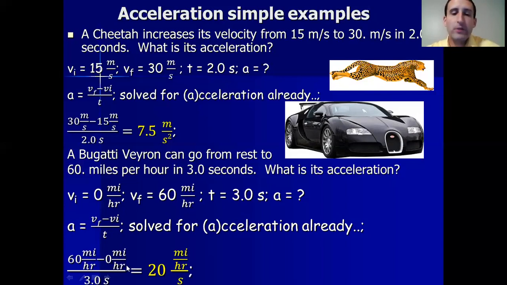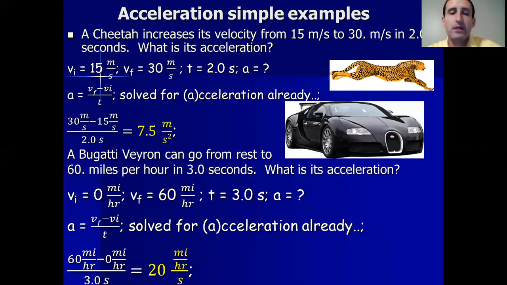So in the first second, we go from 0 to 20. In the second, from 20 to 40. In the third second, from 40 to 60. So in 3 seconds, we've gone from 0 to 60 miles per hour by going 20 miles an hour faster each second. Now that's assuming we have a constant acceleration, which, if you know anything about cars, they don't actually have